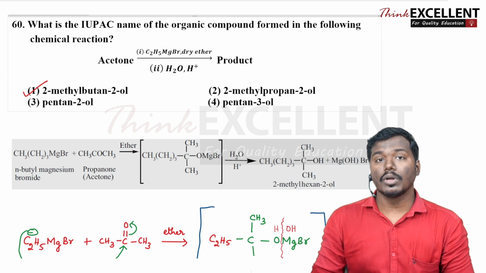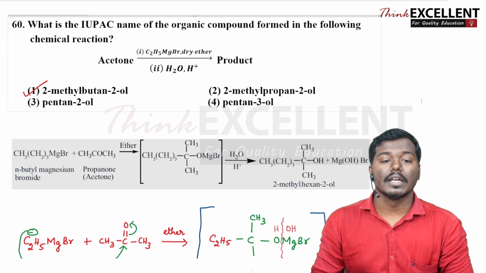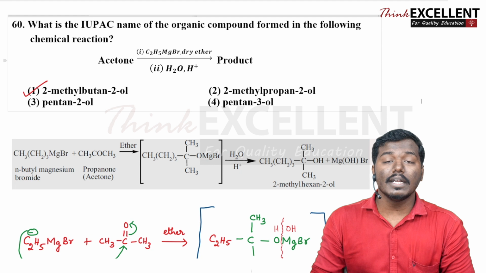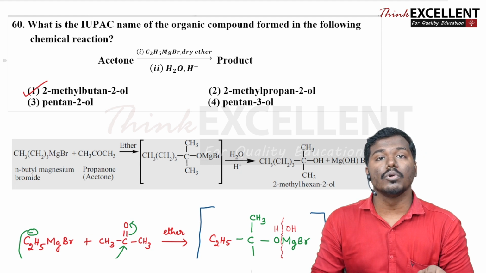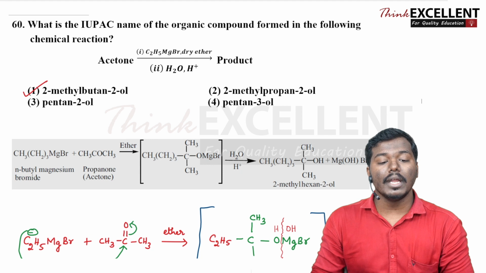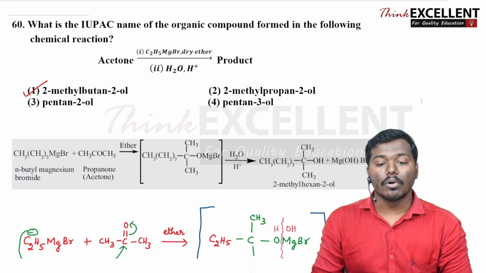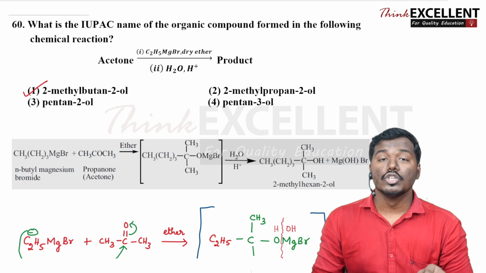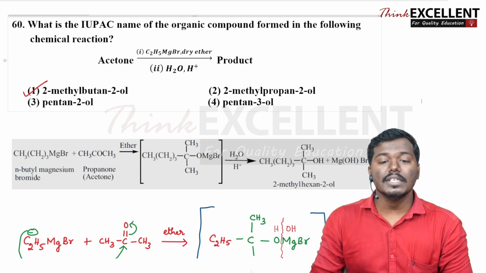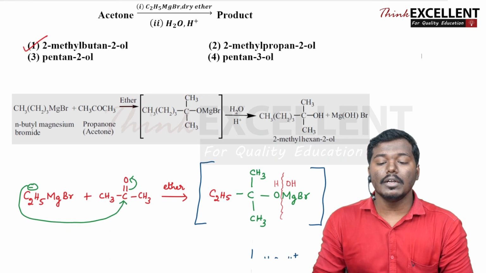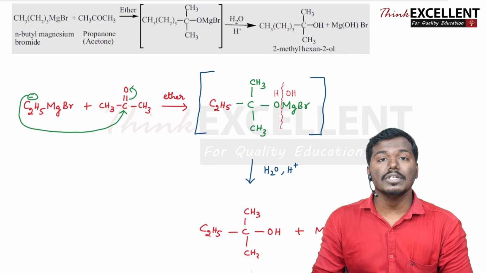Okay. So in our book, in the hydroxy compounds and ethers lesson, you can see that acetone is reacting with the Grignard reagent, that is N-butyl magnesium bromide. But what we are asked is the reaction with ethyl magnesium bromide. But here when it reacts with N-butyl magnesium bromide, this acetone forms some intermediate product. After the hydrolysis in presence of acid it forms the alcohol. So when you follow the same steps with C2H5MgBr, that is ethyl magnesium bromide, in the same way you will get one intermediate, and when you do the hydrolysis